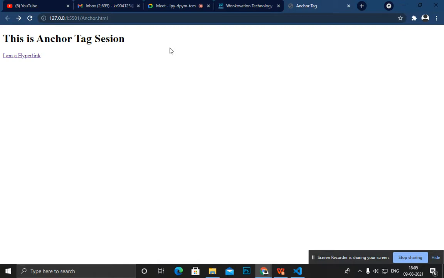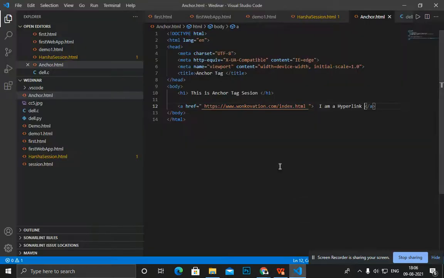If you want to open the link in another page, we use the target attribute. The a tag is the anchor tag in HTML. This is our element, and this is an attribute. href is basically an attribute where you define the destination address, where you want to go. I hope you guys understand it.